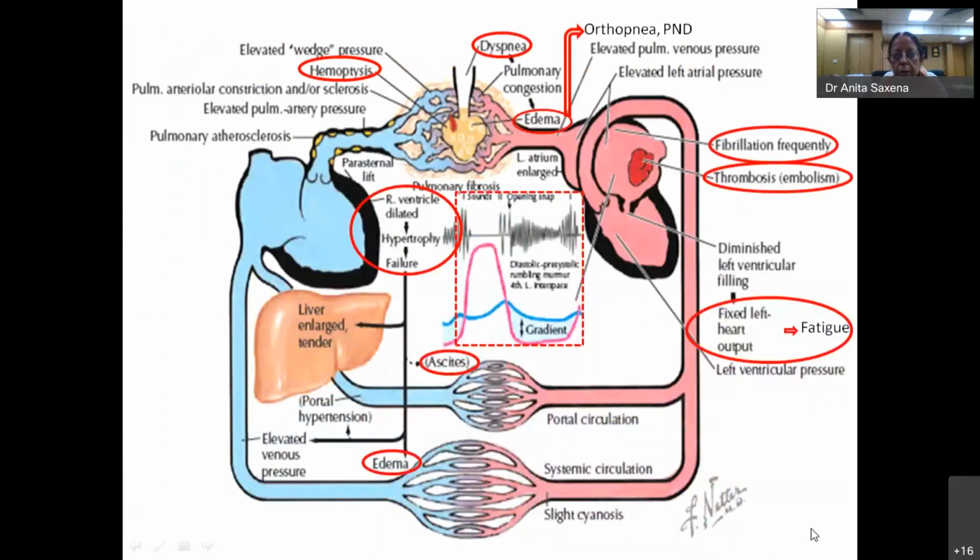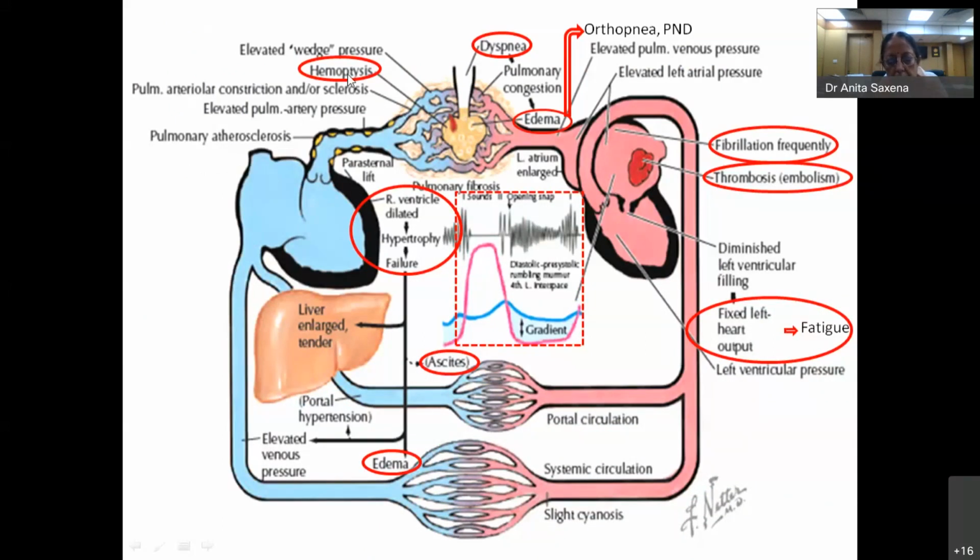So mitral stenosis, we know, enlarges the left atrium and produces pulmonary venous hypertension. Now we are dealing with chronic rheumatic heart disease and not acute rheumatic carditis. We also know that mitral stenosis predisposes to left atrial thrombus, which can go on to develop embolism into the brain or elsewhere. And LA hypertension leads to pulmonary venous hypertension, which leads to pulmonary edema sometimes,